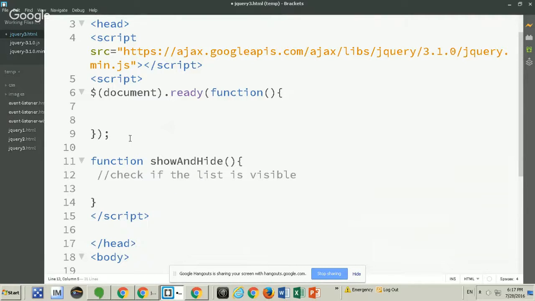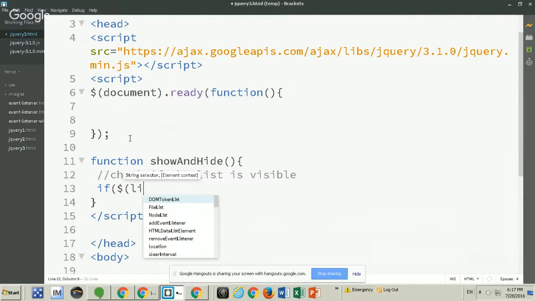So if dollar sign, dollar sign list, my list. So my list,